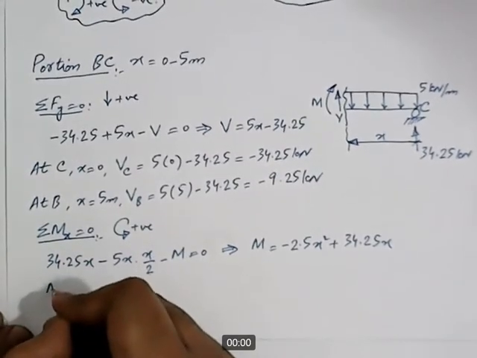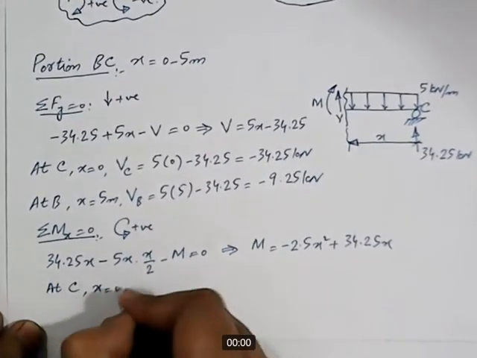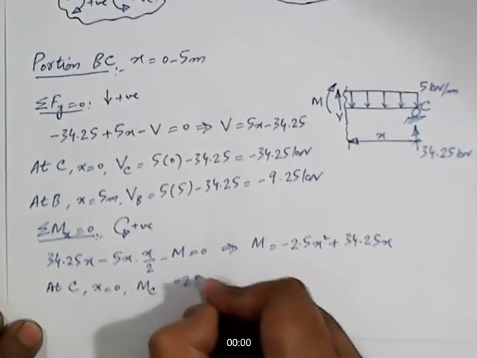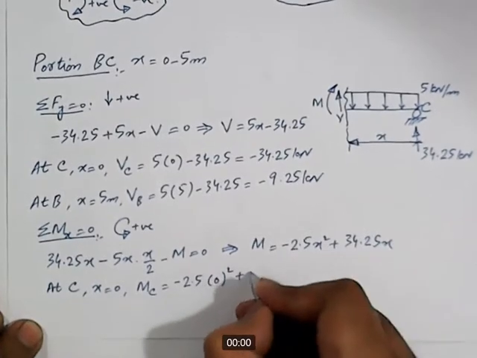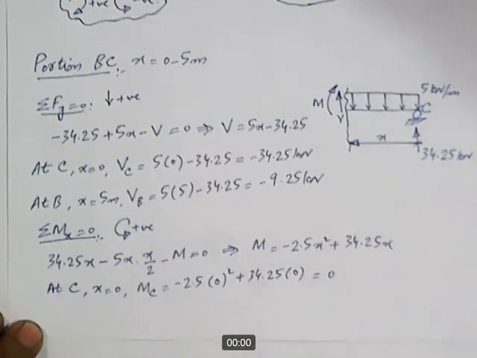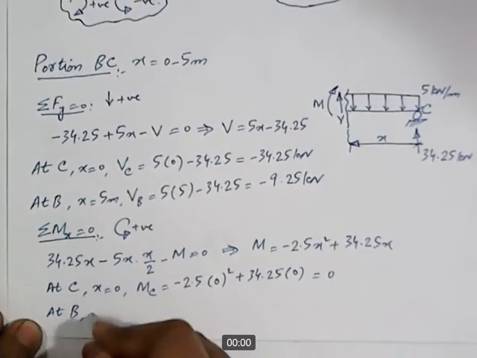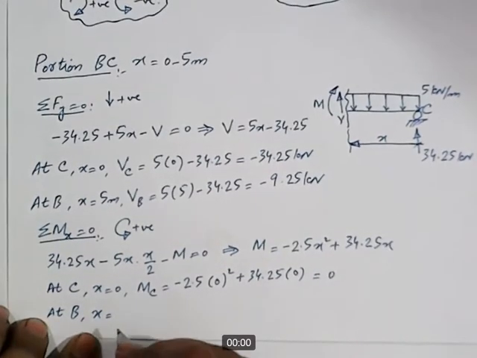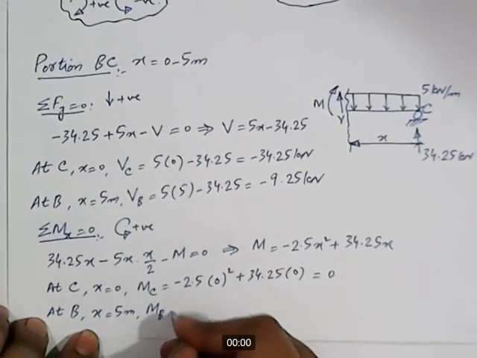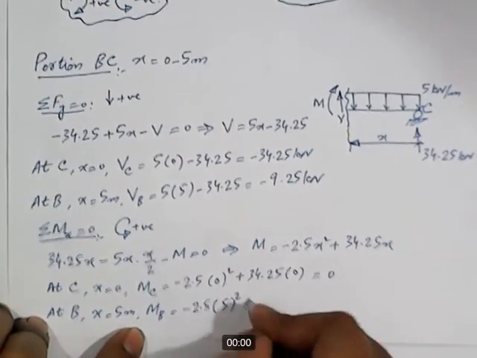At C, x is equal to 0, so MC is equal to minus 2.5 into 0 square plus 34.25 into 0, and that is equal to 0. And at B, x is equal to 5 meters, MB equal to minus 2.5 into 5 square plus